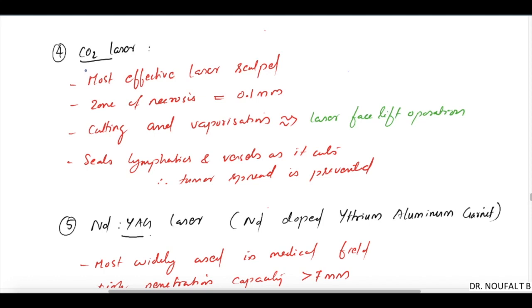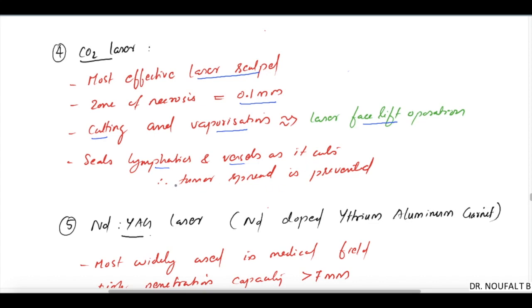Next one is carbon dioxide laser. This is the most effective laser scalpel. Here the zone of necrosis is only 0.1 millimeter. This laser has cutting as well as photovaporization properties, so it can be used for laser facelift. As I already showed you in one image, based on the property of photovaporization, laser can be used for facelift and skin resurfacing. The carbon dioxide laser seals off the lymphatics and vessels as it cuts, so tumor